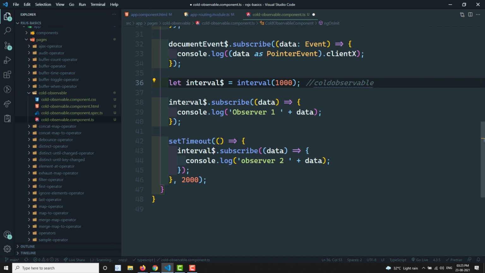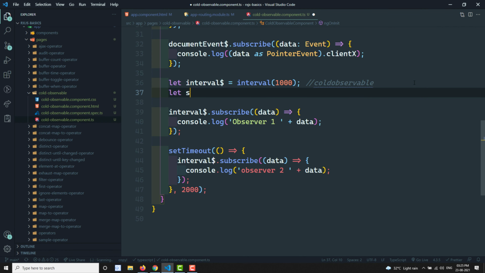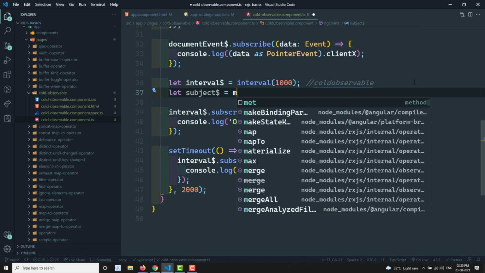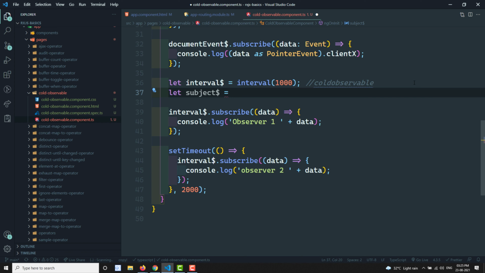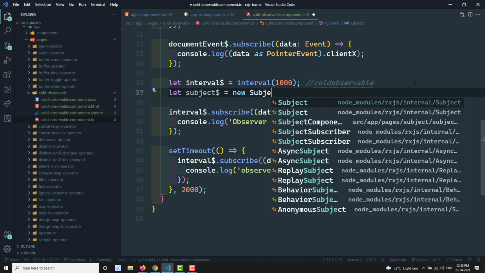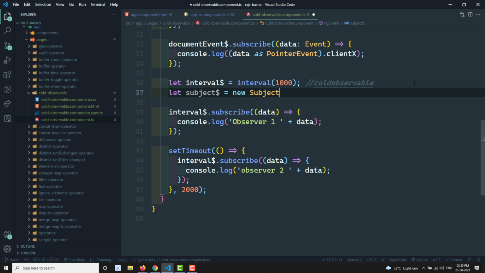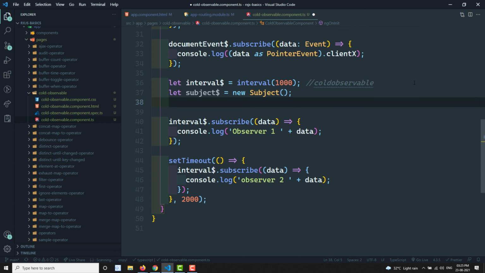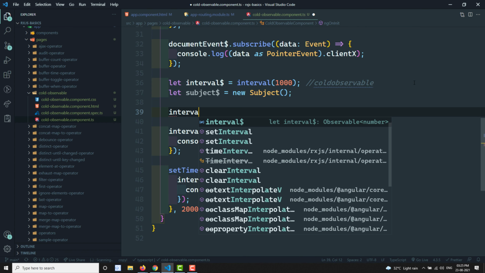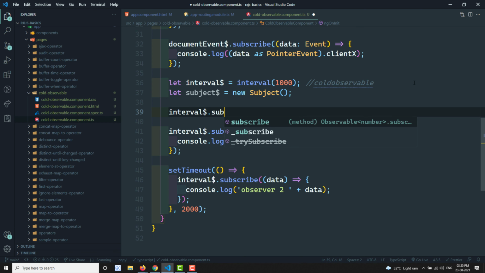Now in order to convert this to a hot observable, what we can do is add a subject here. subject$ is equal to new Subject. Now for this interval.subscribe, I will send this subject.